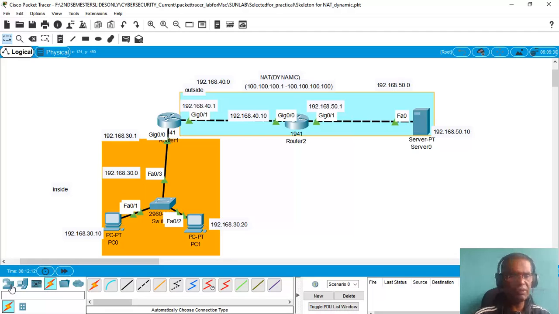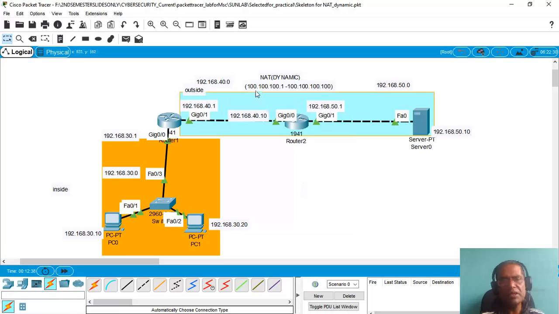Let us assume that this network, 192.168.30.0, is the internal network of an organization, and the ISP has provided some fixed number of IP addresses for these machines to go to the internet.